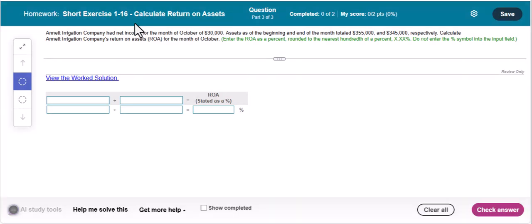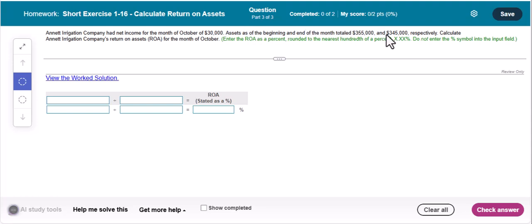Short exercise 1-16, we're going to calculate return on assets, which attempts to measure how efficiently a company is using its assets to generate net income, also called profit. So a net irrigation company has net income for the month of October of $30,000. Assets as of the beginning and the end of the month totaled